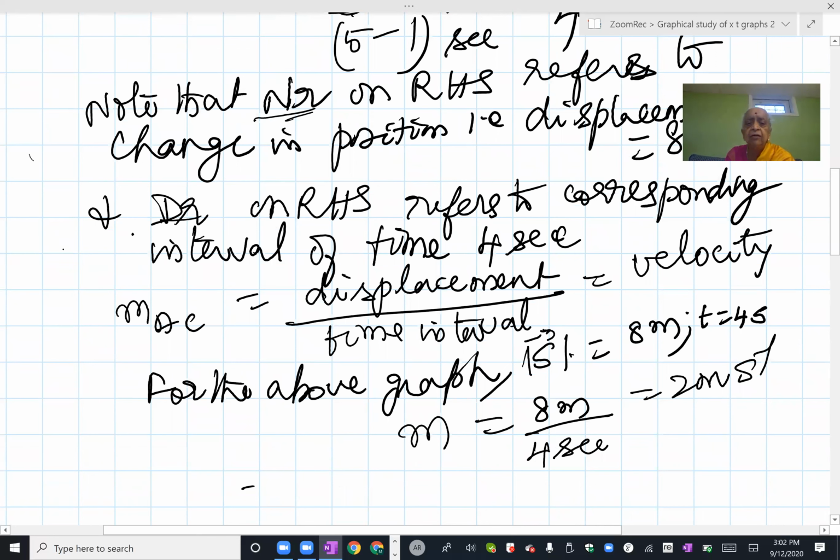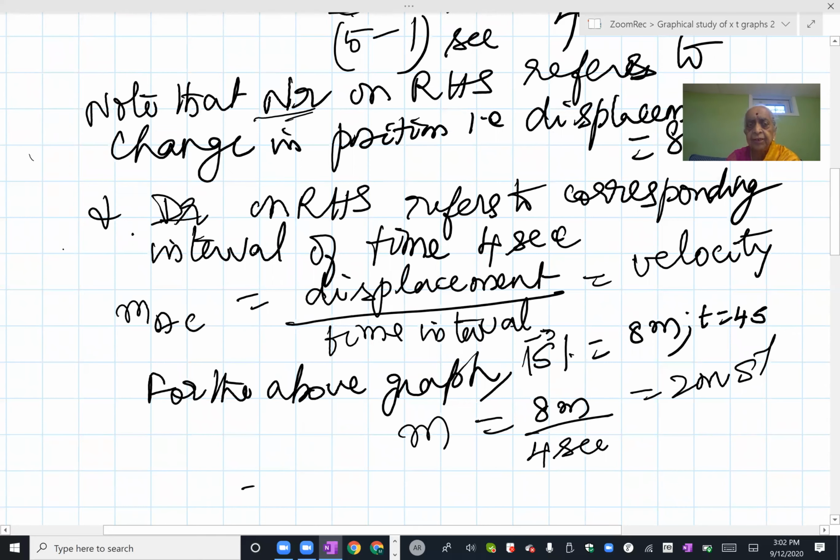More often than not, I find that students of 11th standard have a total confusion, because in one case they will say the slope gives me acceleration. In another case, they will tell me the slope gives me velocity. So if they blindly mug it up as the teacher said, and then go for the examination, they will be totally in a blind street, because they won't know which is the one.